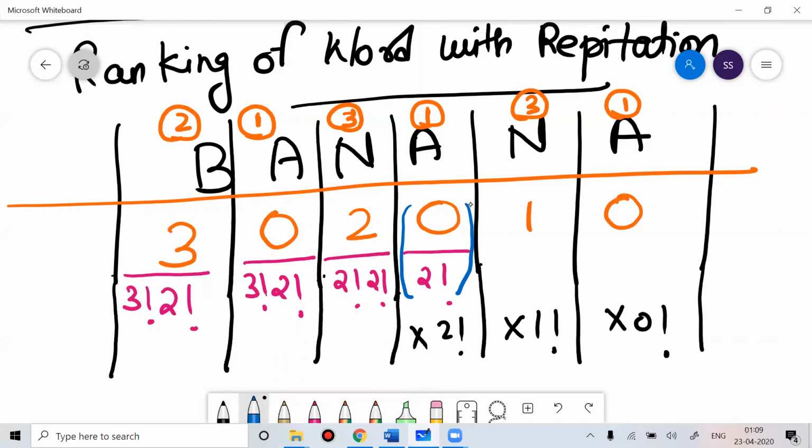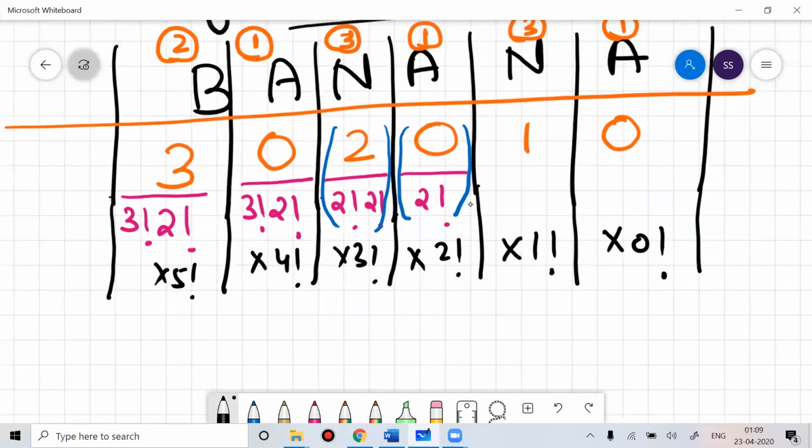Similarly, the answer you will get here, multiply that with 3 factorial. This answer you will get, multiply with 4 factorial. This you multiply with 5 factorial. So the final ranking